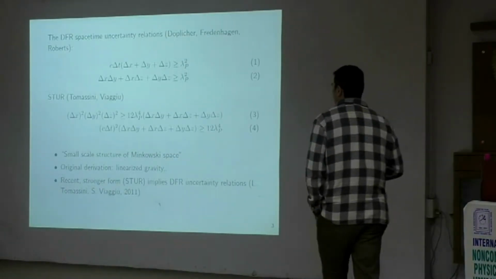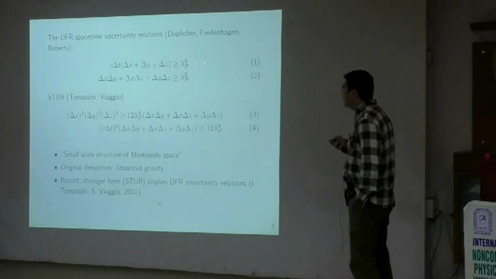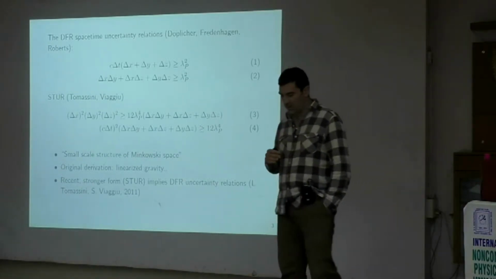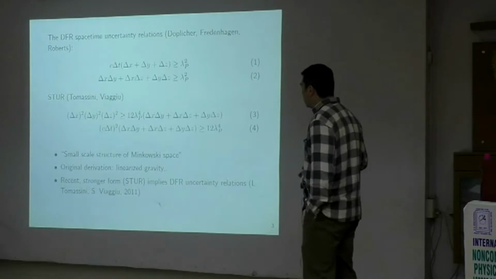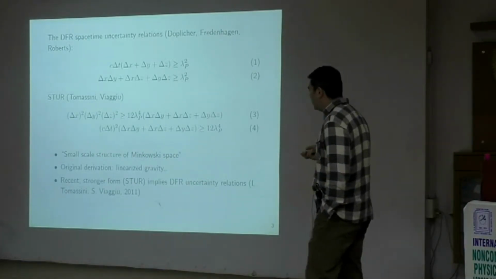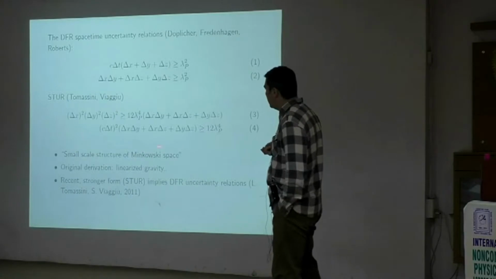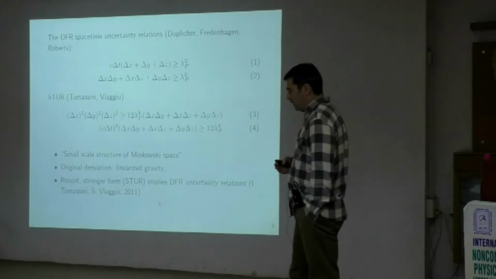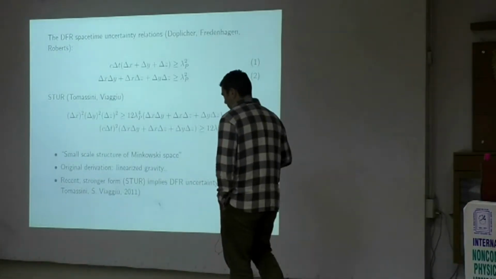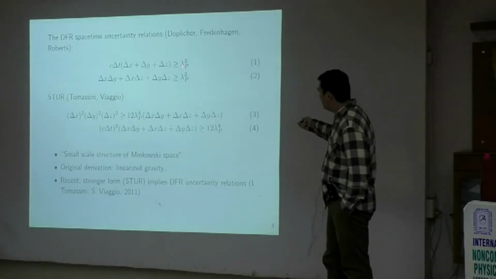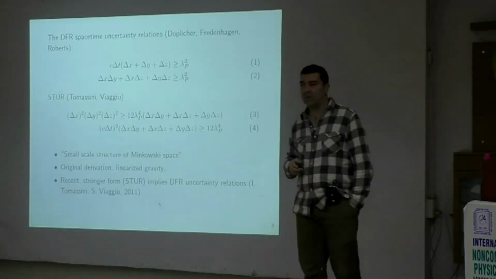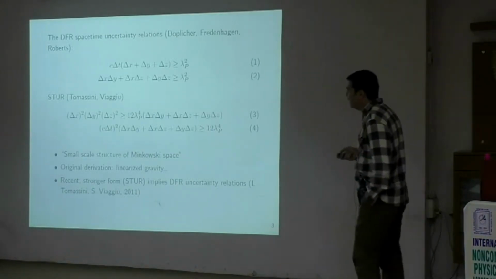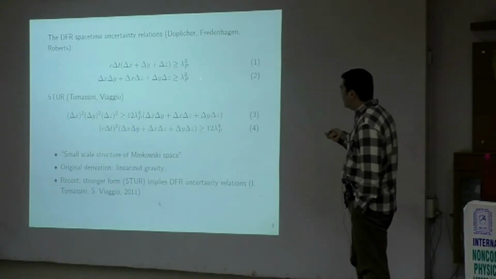So the original uncertainty relations of the DFR model were written in this form. The derivation was based on a linear approximation of gravity, but there is a more recent one by Tomassini and Viaggiu, which takes this form and has hypotheses which are stronger, and in fact, the first set of inequalities can be obtained from the second one. No? So the question in this paper from '99 of Doplicher, Fredenhagen, and Roberts was,